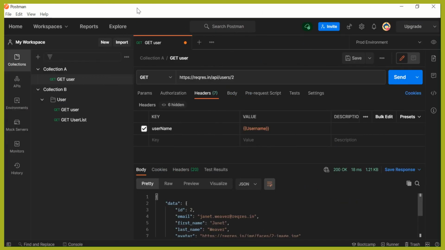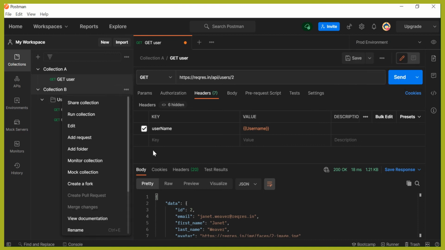So this way, if you have the values which changes from one to other environments, so in that case you can put those values as a part of your environment variables. So depending on the environment that you have selected here, that particular value would be picked up, and that also applies when you run the collection. So in collection, whatever environment is which you have chosen, so all the environment level values would be picked up from that particular environment variables.